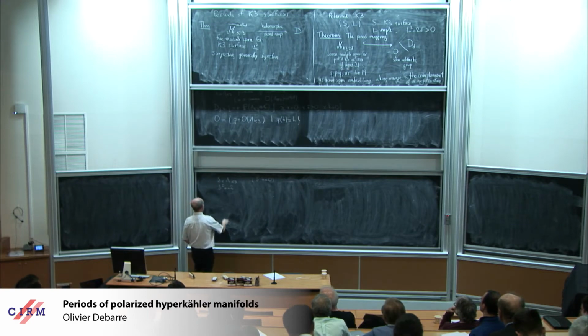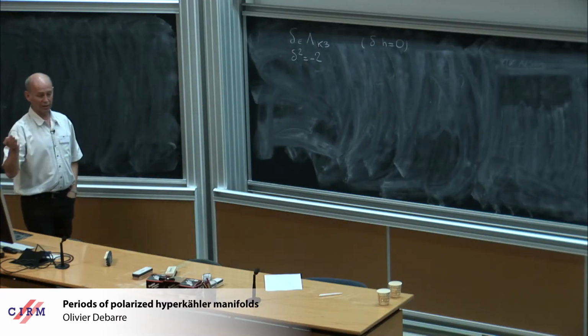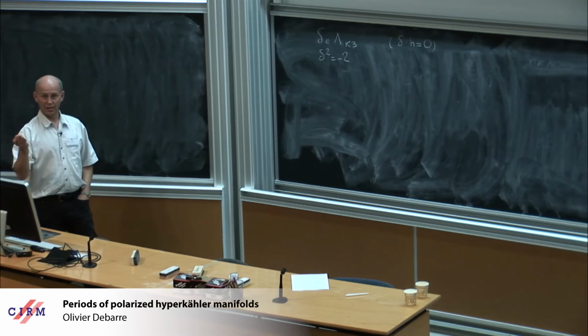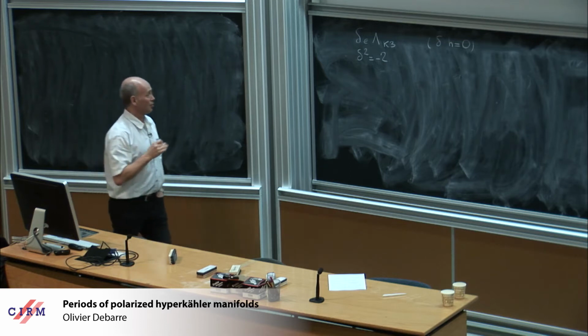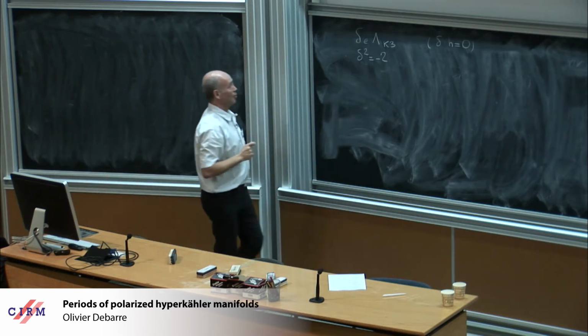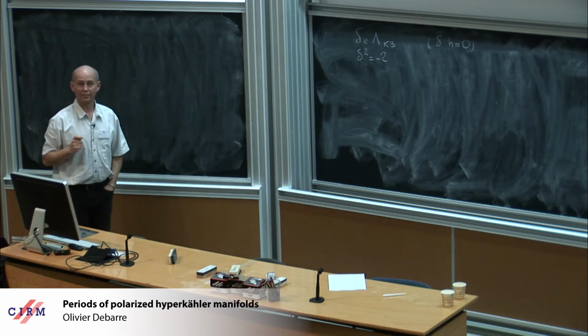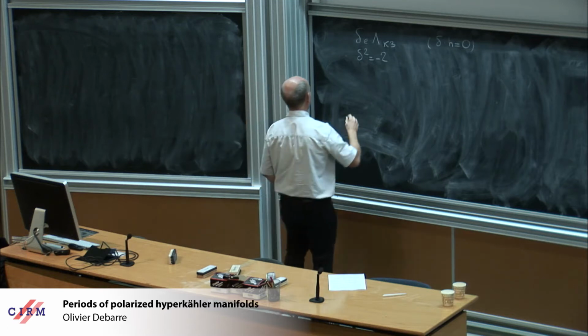So if you have a class with a square -2 on the K3 surface, Riemann-Roch tells you that either this class or its opposite is effective. So in any case, delta can never be orthogonal to an ample class. So it means that whenever